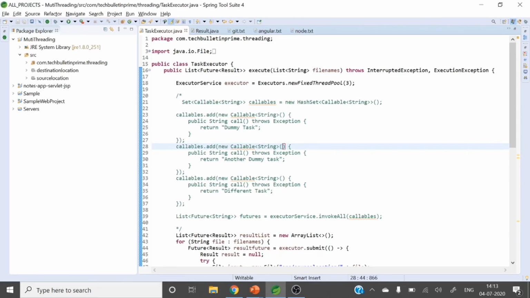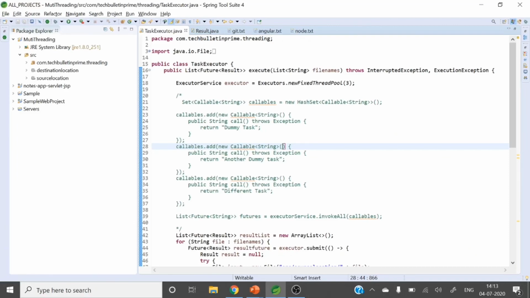So what exactly is this program? In one folder, I have 3 text files. My requirement is to copy those 3 text files to some other location.